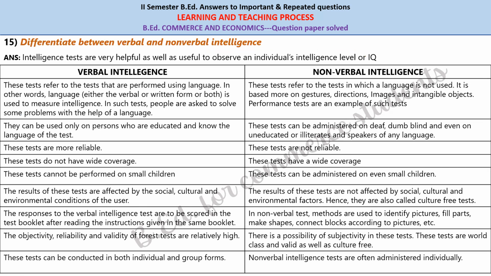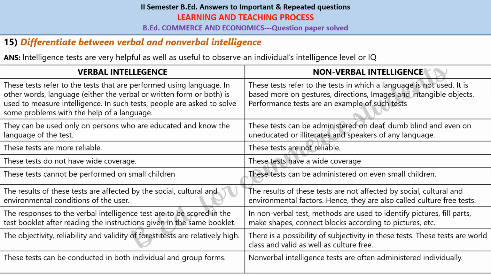Differentiate between verbal and non-verbal intelligence. So intelligence tests are very helpful to observe an individual's intelligence level or IQ. So what is verbal intelligence? Verbal intelligence, as the word says, refers to tests that are performed using language. In other words, language, either in verbal or written form, is used to measure intelligence. So it's an application of one's written and spoken language skills,